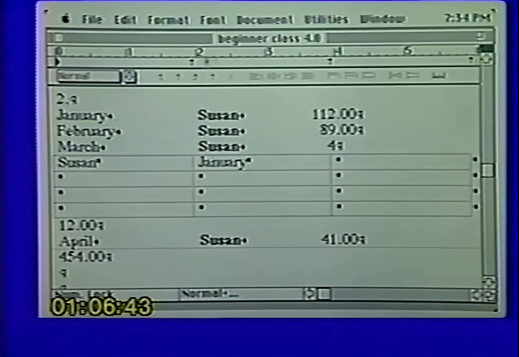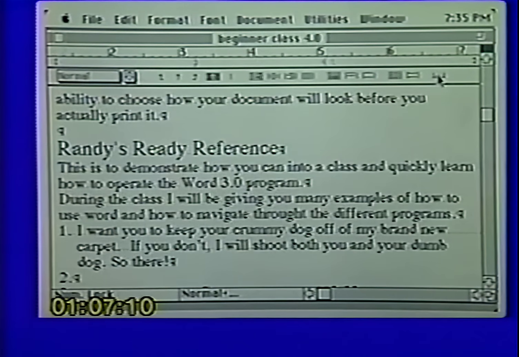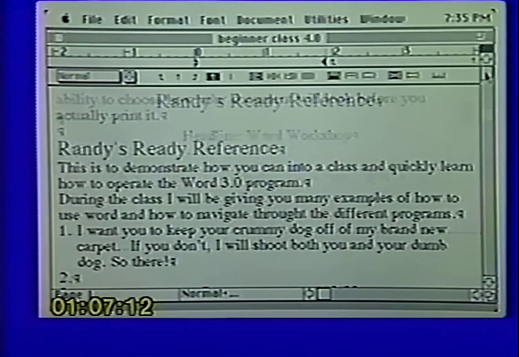Now, if I want to change the sizes, I can go up into my ruler and I can grab that little T, and you'll notice I can move. Now, at the moment, the only one that's moving is where my cursor was. So it was the top row. And get that back to basically where it was. And I can set these any way that I'd like. So you now have 2 options when it comes to making tables. And you will find that this table function, especially if you're used to Microsoft Excel, will be extremely easy and functional for you if you've used those programs before.